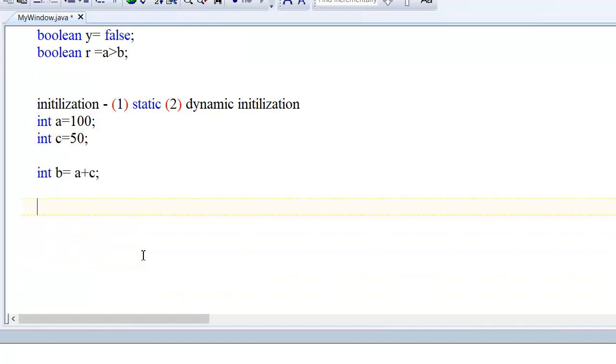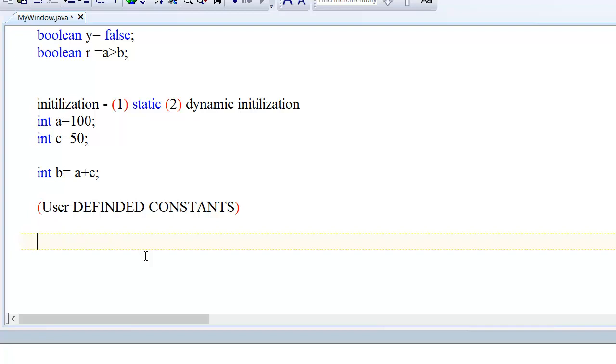Now the next topic is user defined constant. The most important topic is user defined constant. How does a user define a constant value? You know this a, c, b we have defined.